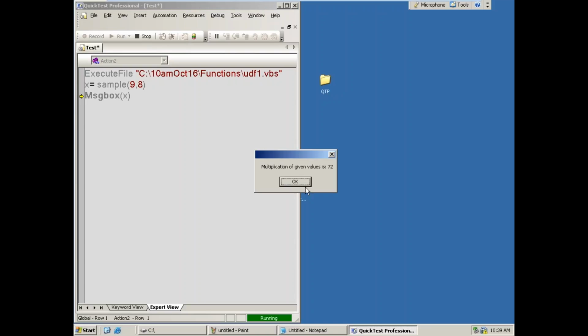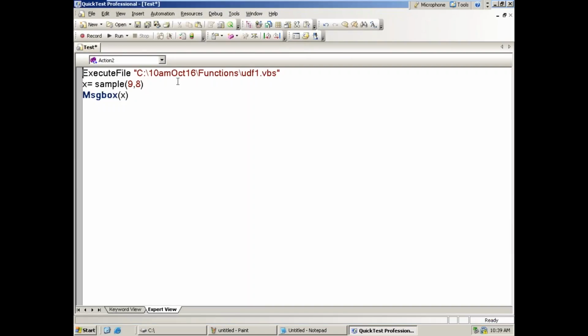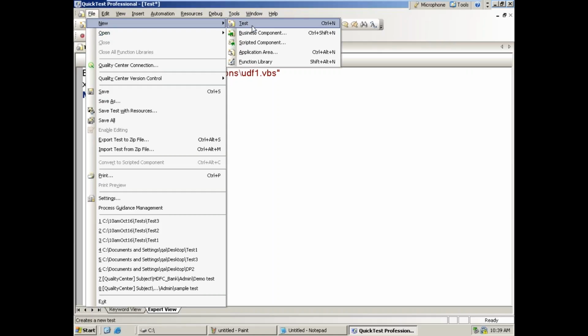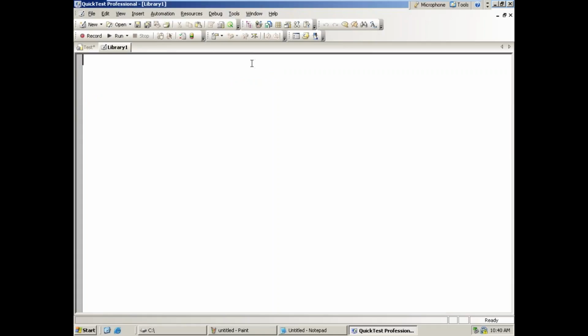So I shown that using Notepad how to create the library function. Same thing, I can go file menu, new, there is an option called function library. When I go to function library, here I can write some function name, function sample. So no arguments here.